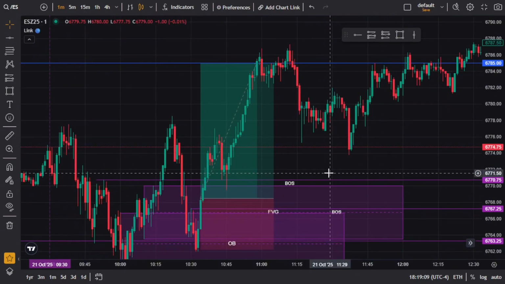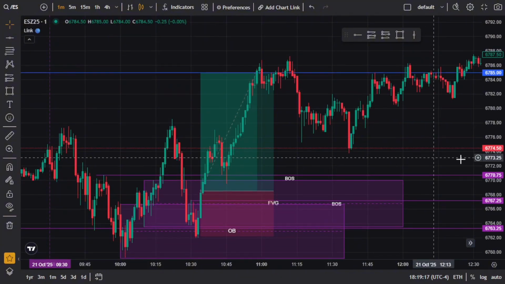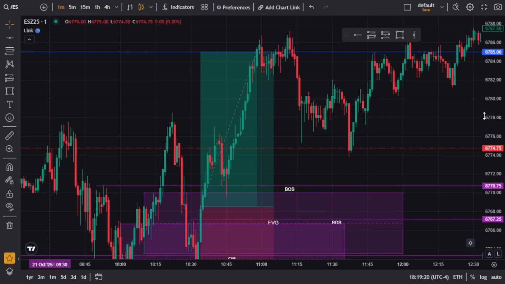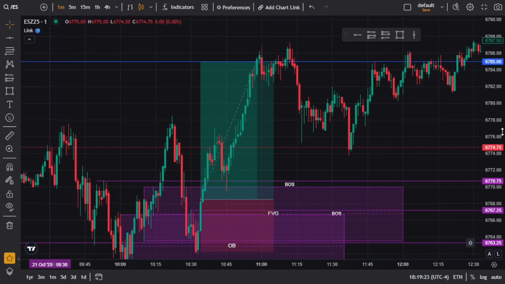And if price just doesn't do anything at all that day, then don't enter. You don't need to enter a trade every single day. Like I said, trading is patience. If you want to make money, patience, patience. You have to wait for all these to be hit in order to enter. You have to. It's just how the market works.